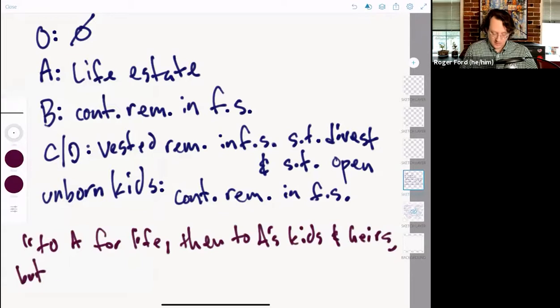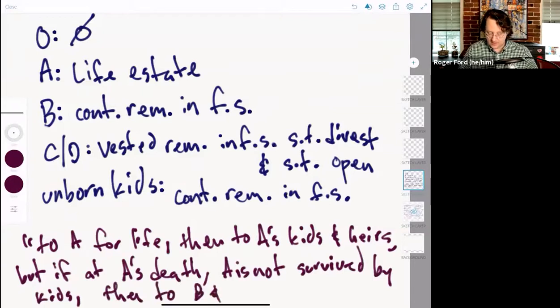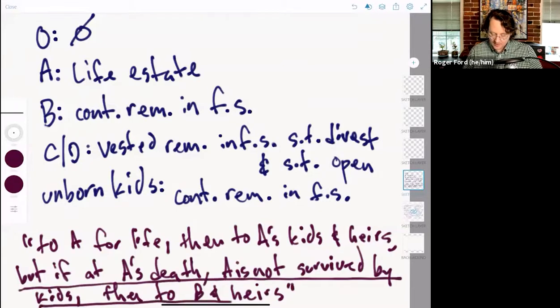But if at A's death, A is not survived by any kids, then to B and heirs, right? So it's this last clause, but if at A's death, A is not survived by any children, then to B and her heirs, that causes the trouble, because that's something where